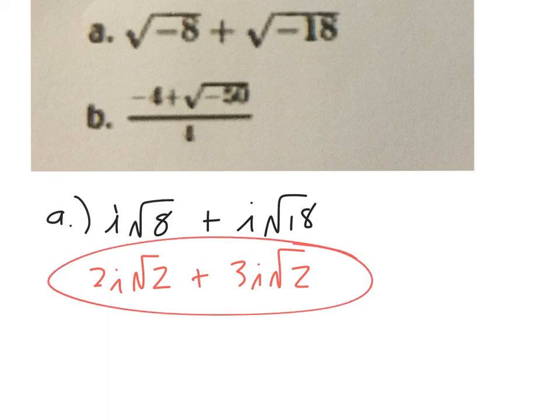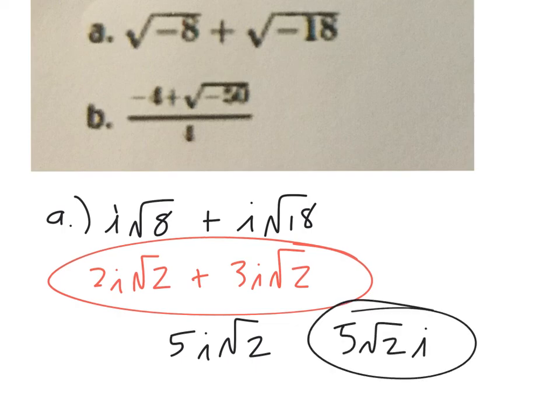Yes, I know how to do them. Yes, I'm thankful you know how to do them. So this is 5i radical 2, or 5 radical 2 i. That's going to be